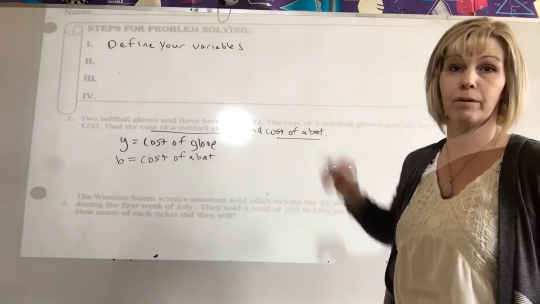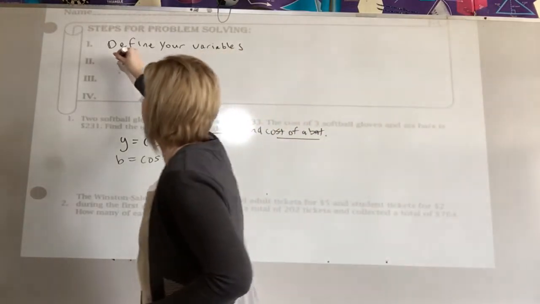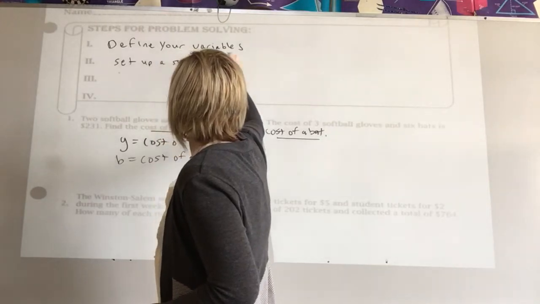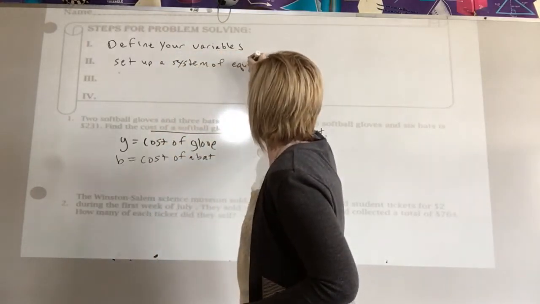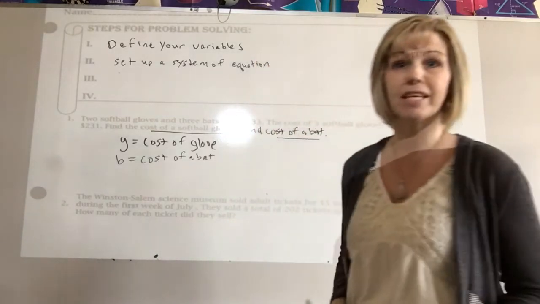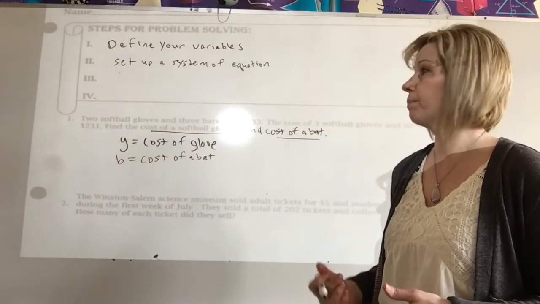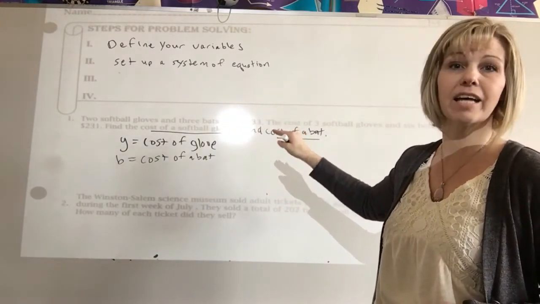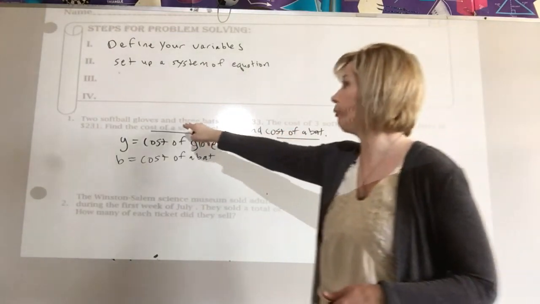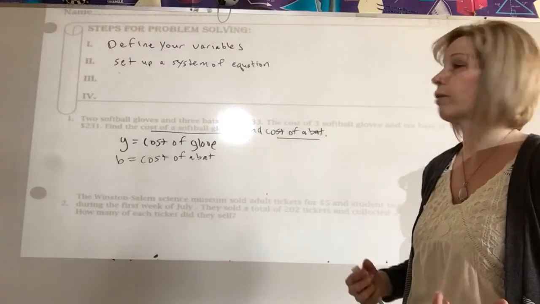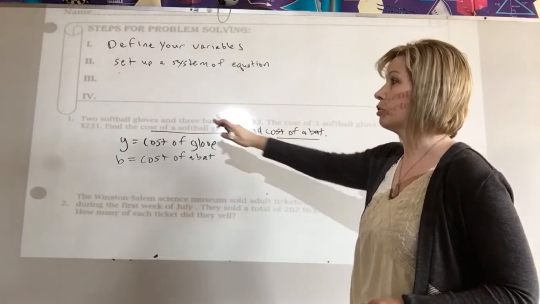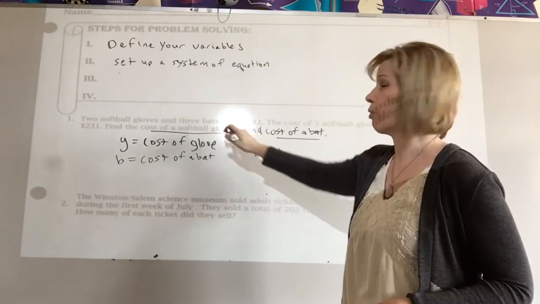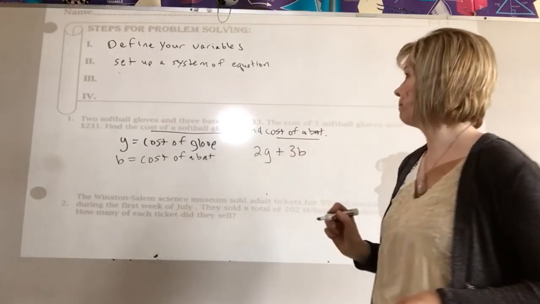So after you define your variables, then you're going to set up a system of equations. So number 2, set up a system of equations. So look at the information. If you look back at sentence 1, 2 softball gloves and 3 bats cost $133. We have enough information from there to create an equation. So we'd say it's 2 softball gloves, so we could say 2G plus 3 bats, so 3B